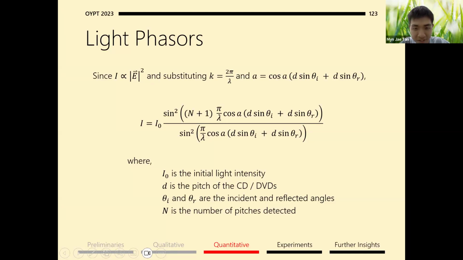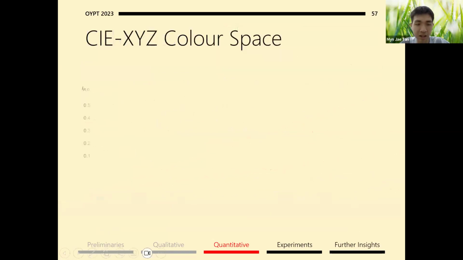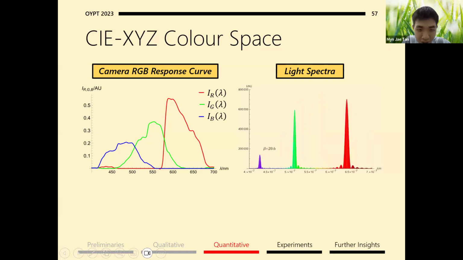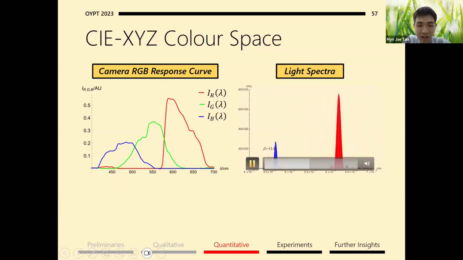Okay, let me just go back to my previous slide. After that, from here, we have to convert the intensity spectrum into color. The intensity spectrum will look something like this graph over here. This is how it changes depending on the third angle. The intensity spectrum, which is basically intensity against wavelength, will also change. To convert this into color, what I did was to multiply it with the response curve of the camera. The response curve of the camera represents how sensitive the camera is to different